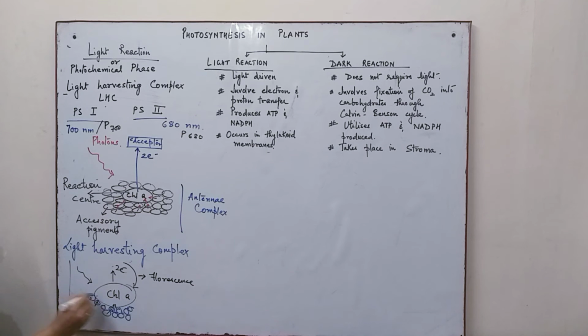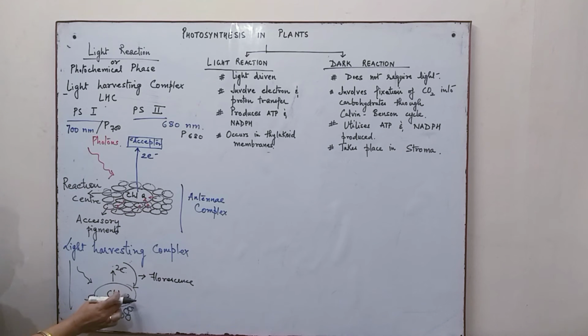This is in the laboratory condition, when we are extracting only a molecule of chlorophyll A and it is allowed to be exposed to sunlight. Then it will get excited, and during excitation it will release two electrons. But since in the laboratory condition there are no electron acceptors, this electron will come back to the chlorophyll A molecule,